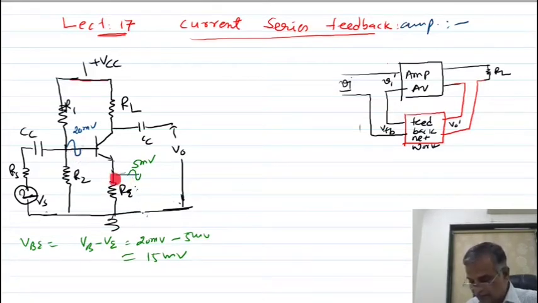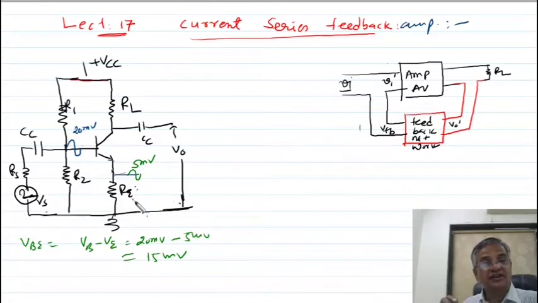This is called the feedback network. So as a result, input decreases. As input decreases, you can say it is a negative feedback. Again I am telling you, the effect of this voltage is to reduce the effective input signal. So it is called negative feedback.